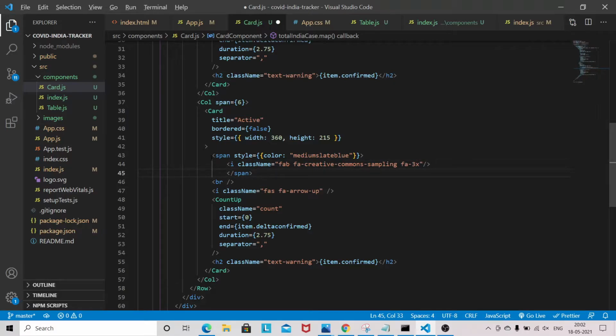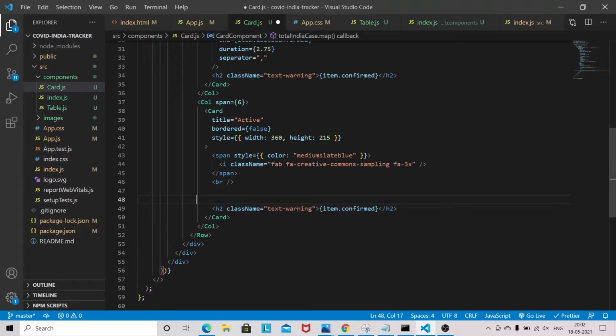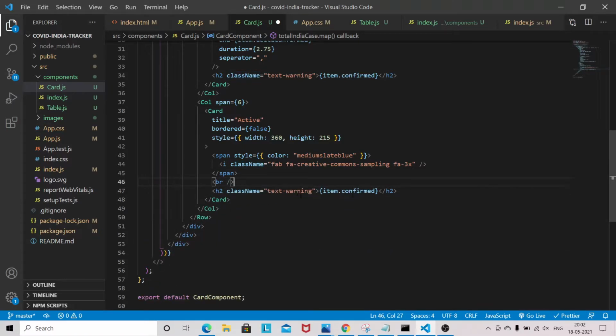And here we don't have an arrow, that kind of thing, so we will remove this one. And count stuff also we don't have. And here I will change the active. So let's see.